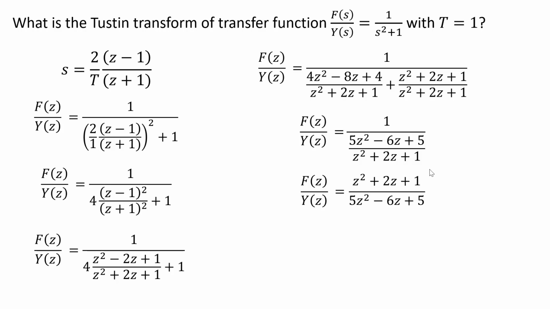Now you might say, wait a minute. What if I want to go to time domain here? How do I go to time domain? Well, you can't actually go to time domain directly from this form. You would have to get it into another form where you're calculating f of t, you'd want to isolate f of z on one side, right? Because that's your output. And then on the right-hand side of the equation, you can have f of z's and y of z's multiplied by z's, as long as all the z's are 0 or negative exponents,